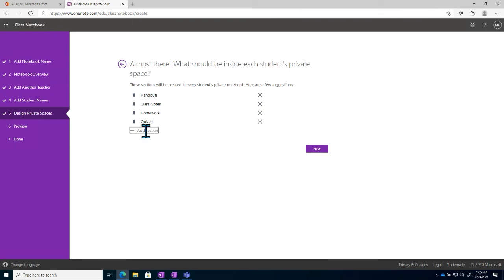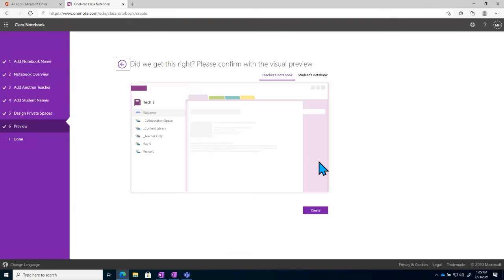So for example, if I am asking my students to keep notes on research that they're doing, or if I'm asking them to do a weekly reflection, I can go ahead and say weekly reflection, and then they can post it in there. And again, because that's a private space, I'll be able to see that and make sure they're doing what I'm asking. They don't have to worry necessarily about other students seeing what it is that they're sharing. We can go ahead and click on next.